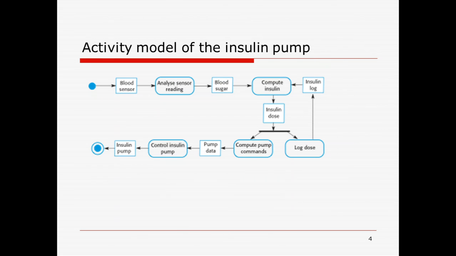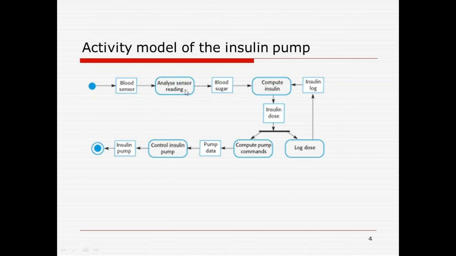Now this is the activity diagram for the insulin pump. That is the blood sensor. This is basically data in the rectangular array, shown as the rectangle. So the sensor data goes to the device, to the particular activity that is being carried out, which is